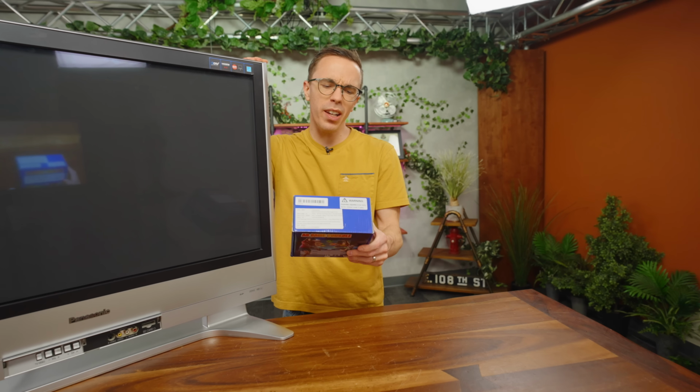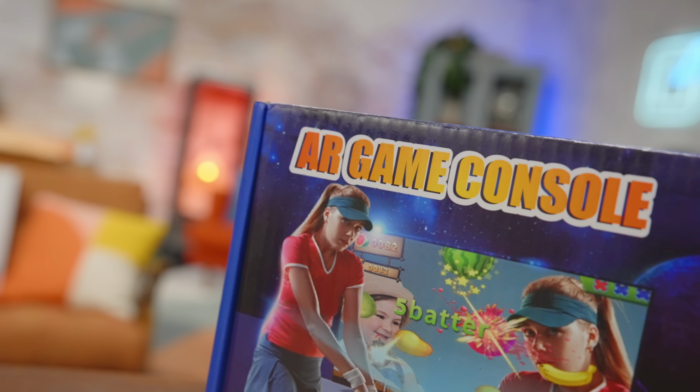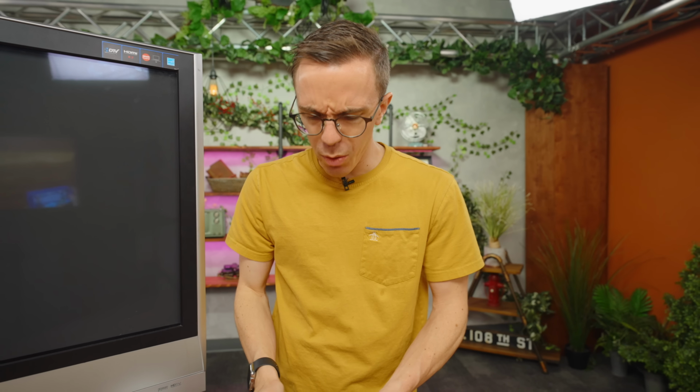Oh, okay. This is the one that I saw on Temu and didn't understand. This is the AR game console. This was not massively expensive, right? It was kind of expensive. It's $53. Oh, okay. The reason why this really stands out to me is that when you go on Temu and you're looking for things,